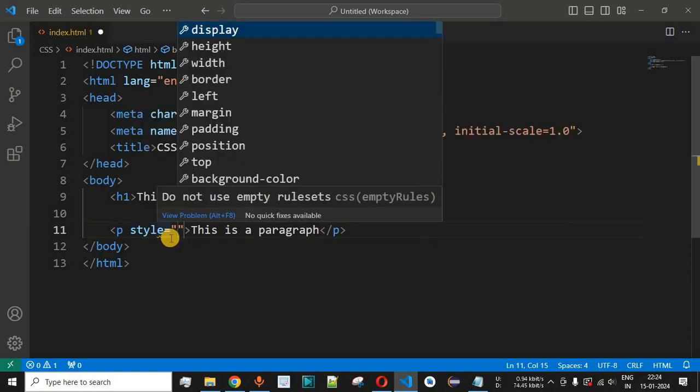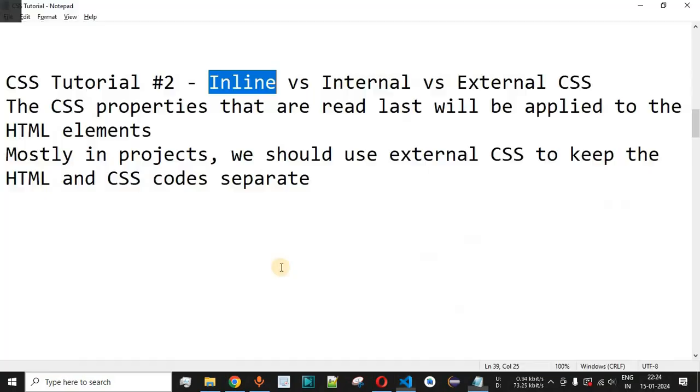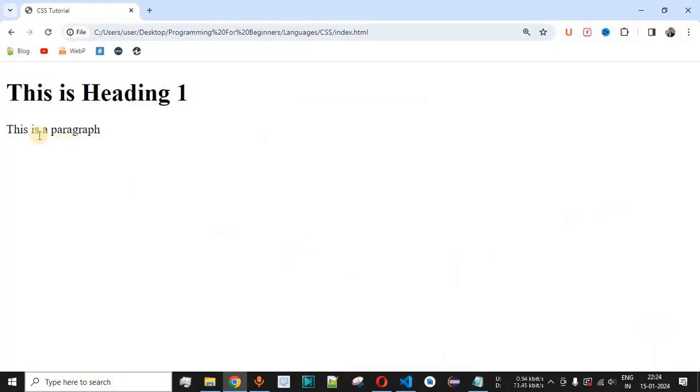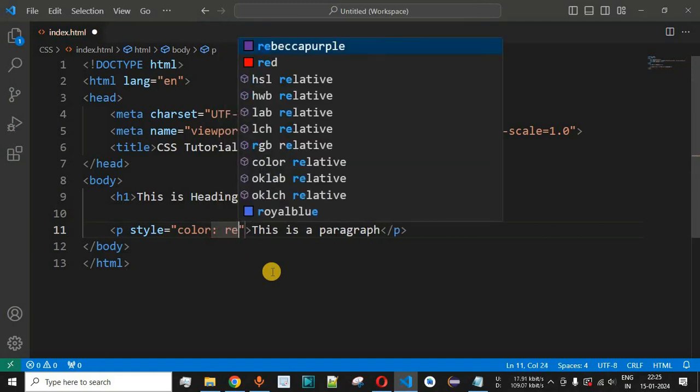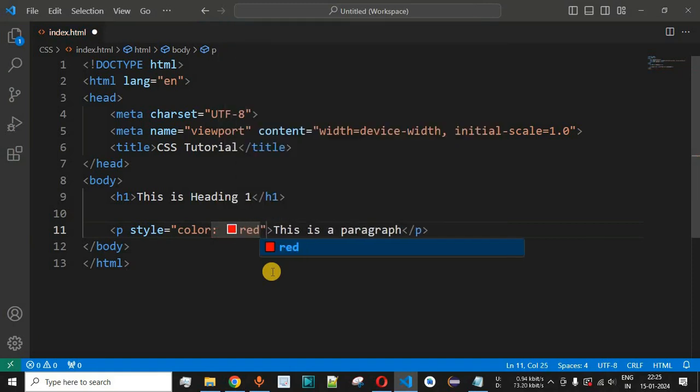Then after this we have the equal to operator followed by double quotes, and guys, inside the double quotes we have to provide the CSS property that we want to apply to this particular tag. In this case we want to update the color to red. So inside the double quotes we will say color followed by colon, and then we provide the name of the color, in this case red, and after this simply we provide a semicolon. Now guys, just like how we have applied the color property, we can apply more properties over here on the same line, separated with the help of the semicolon.